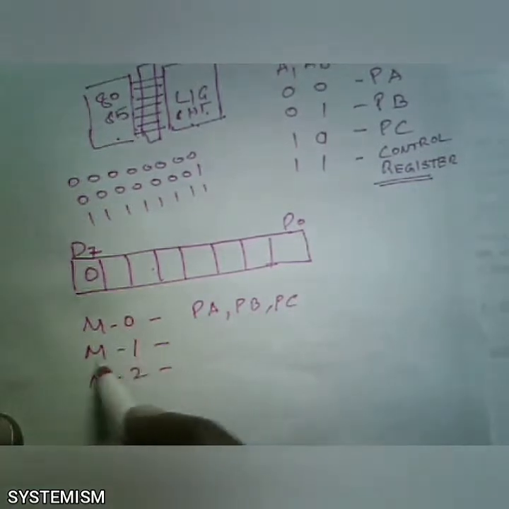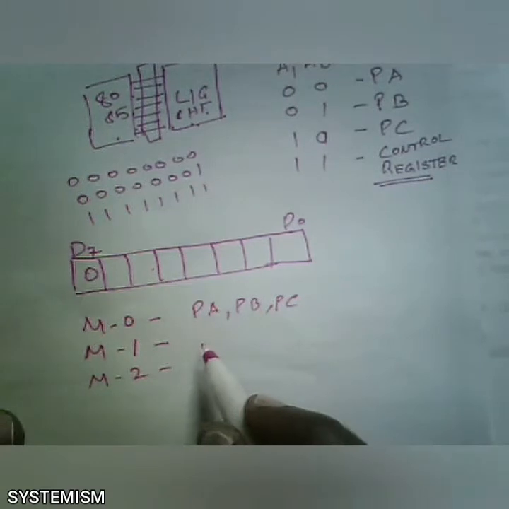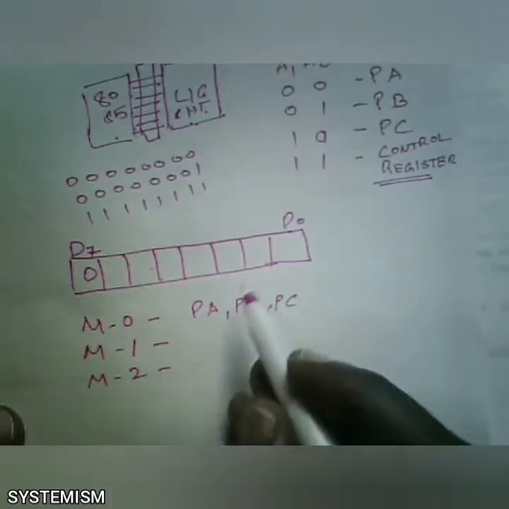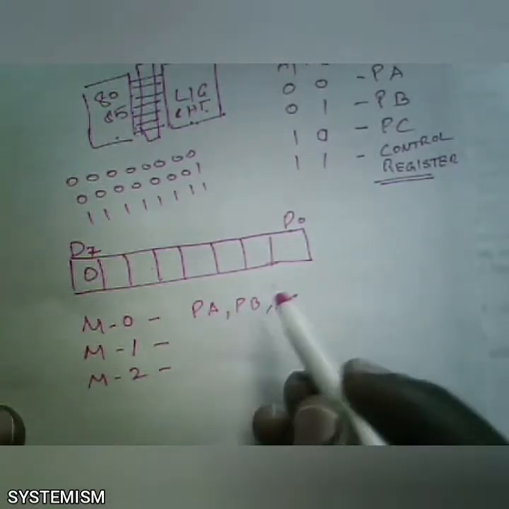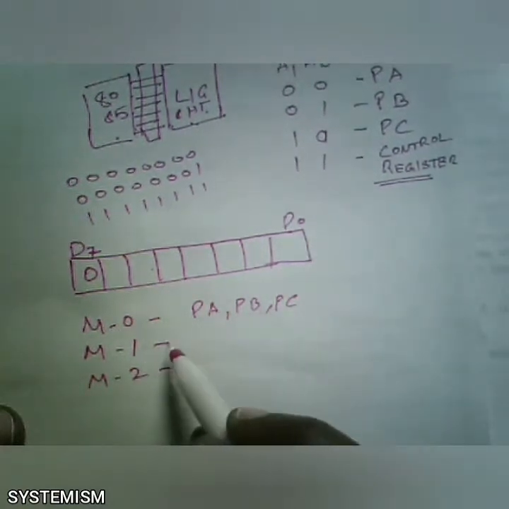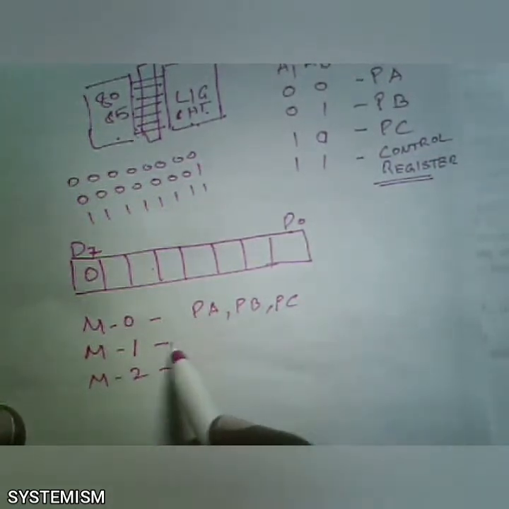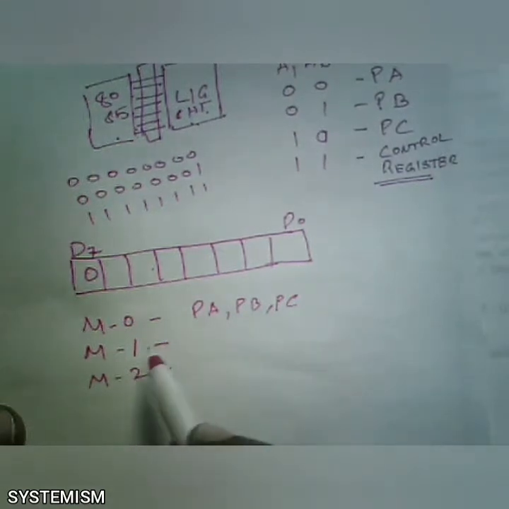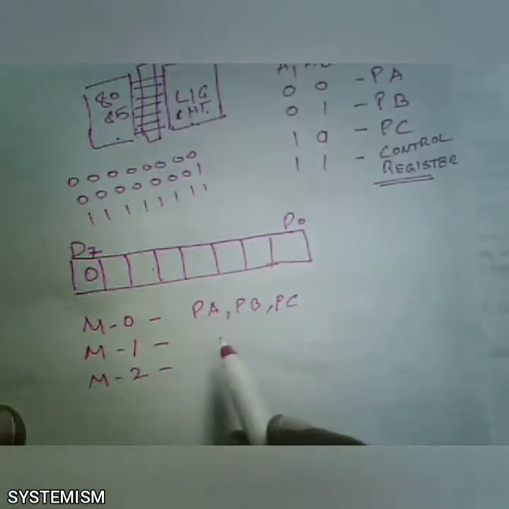But what is mode 1? Mode 1 is input output mode with handshake. With handshake means in this mode you will transmit the data. I am talking about mode 0: you can transmit the data without knowing whether the receiver is getting the data or not. But in this mode you have to transmit the data after you get the handshake. Handshake means after you know whether the receiver is ready, then only the microprocessor can send the data in this mode. So this is called handshaking.